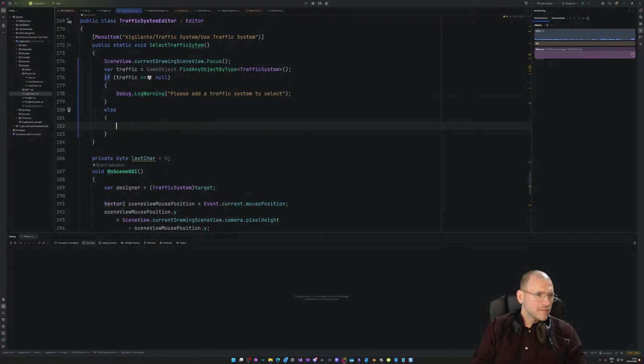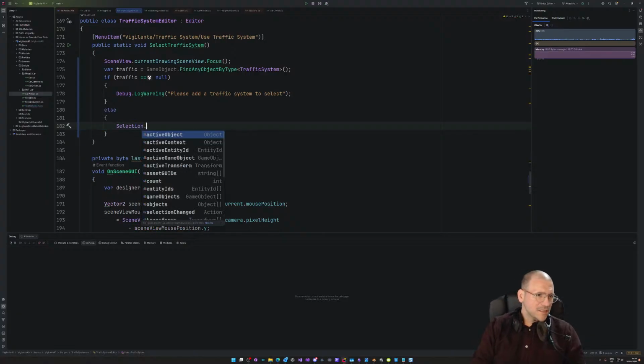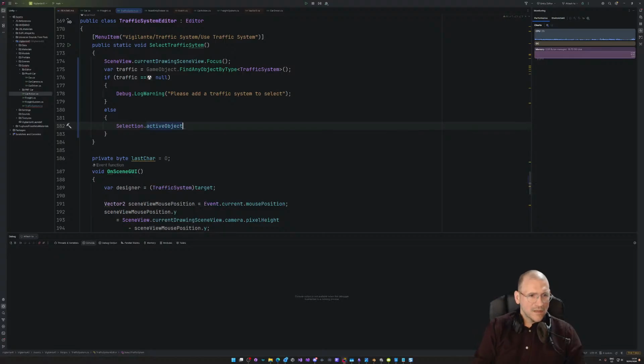Else, we're going to go with Selection dot activeObject equals traffic. All right, let's see if this works. Oh, I wanted a hotkey in here. So